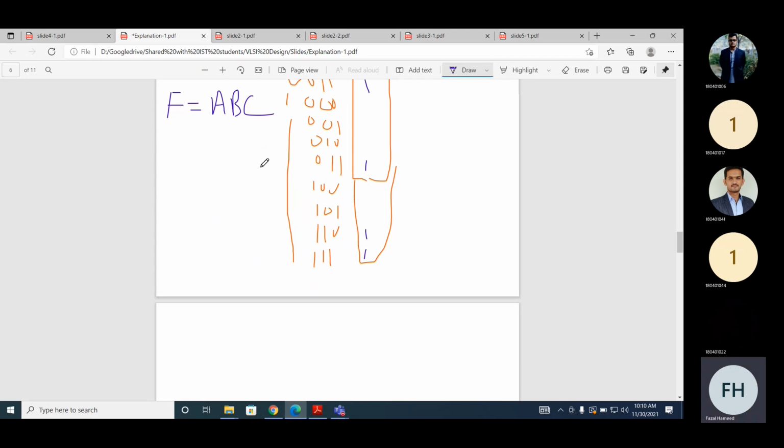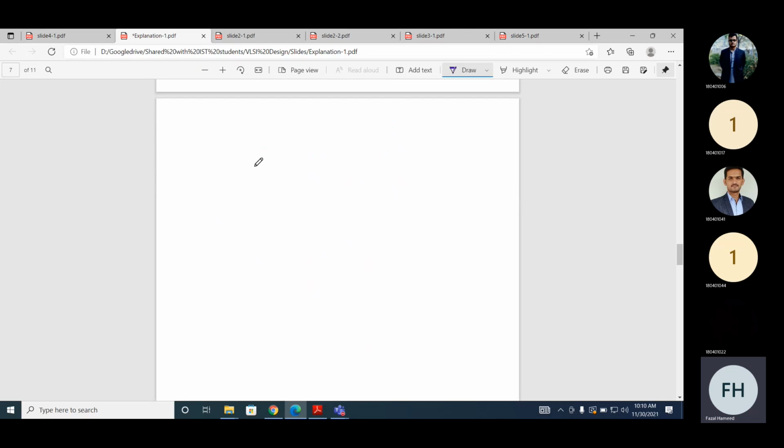I will give an example. We will have a small lookup table. Let's assume we have a small lookup table of 3 inputs, just for the elaboration.